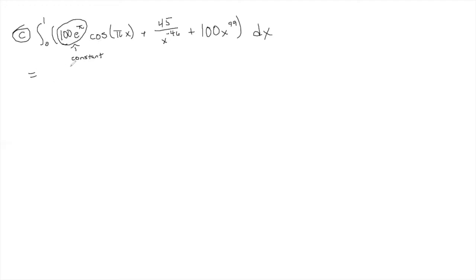So the integral of cosine is sine, but I have to remember to divide by the inside part. So I get 100 e to the pi sine of pi times x, divided by pi, right? I divide by pi because of this coefficient in here. Remember, pi is also a constant, and here it's the coefficient of x. Okay, so here,